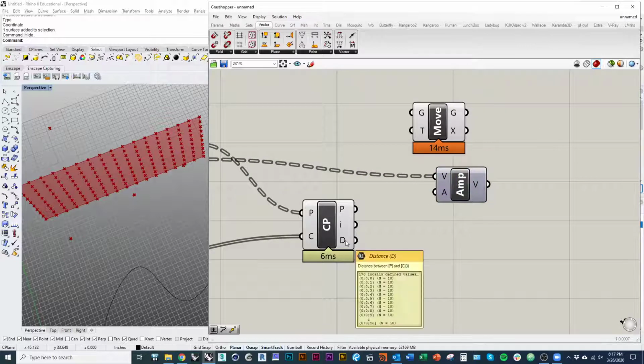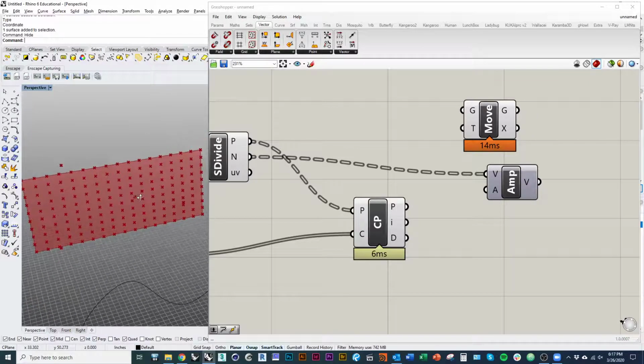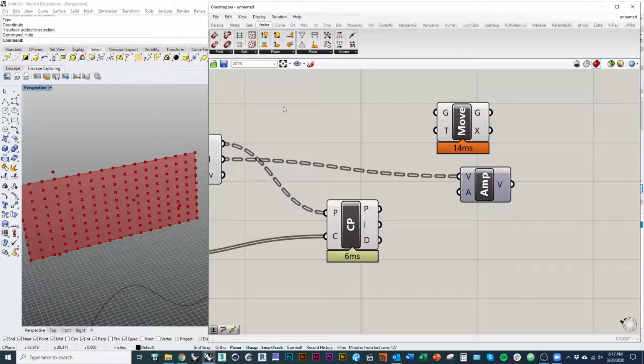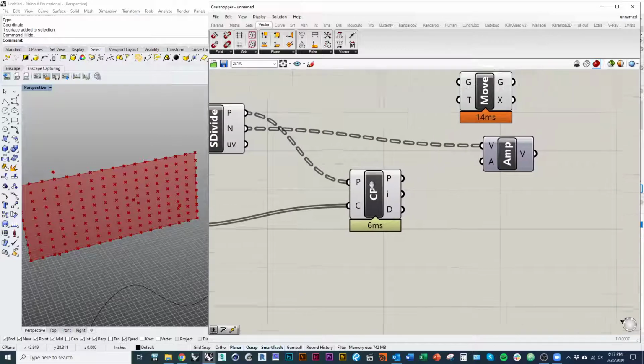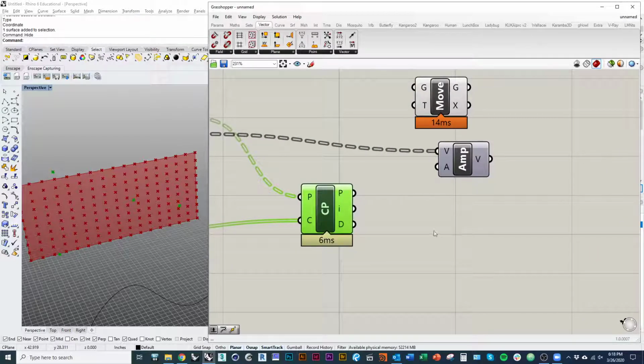So right now, those distance factors are based literally on the distance between each point and its closest attractor. What I want to do is modify that range to be the inverse. In other words, the points that are closest to their attractor, I want to move the most, and the points that are furthest from the attractor, I want to move the least. In other words, I need to invert the range in a sense. There are a lot of ways you can do that using math, but the easiest way for us is going to be to use something called the